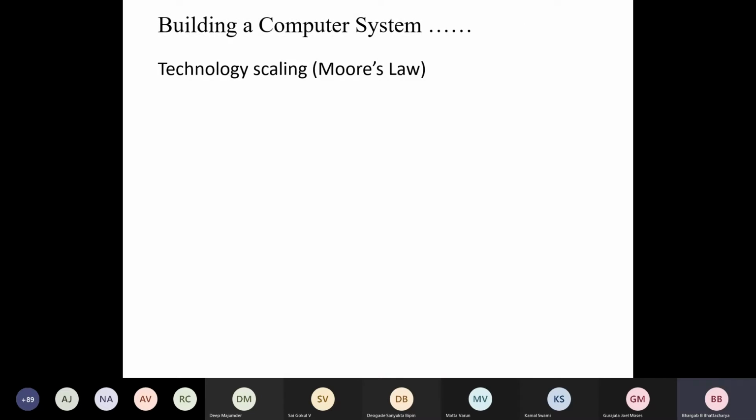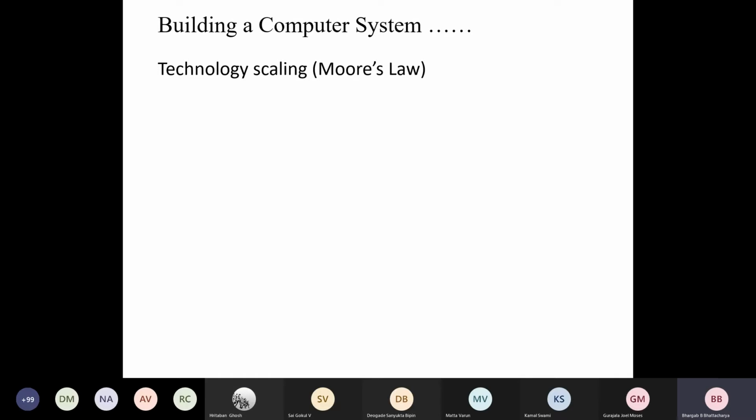We talked about technology scaling. Remember, we discussed Moore's law. Can somebody restate this law? The technological advancement doubles every 18 months or 12 months. Good. So this is some kind of empirical projection of the way our technological research has been advancing,